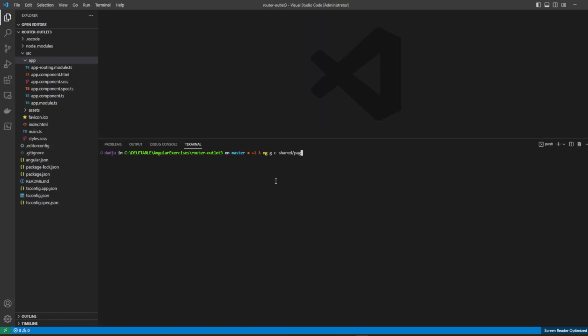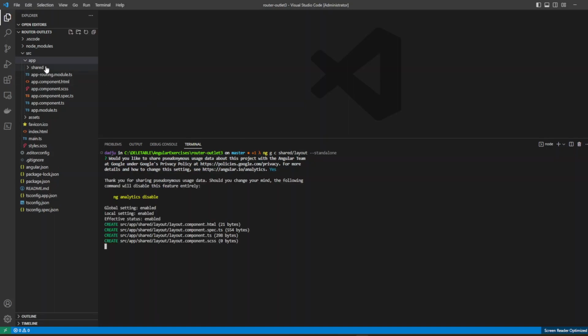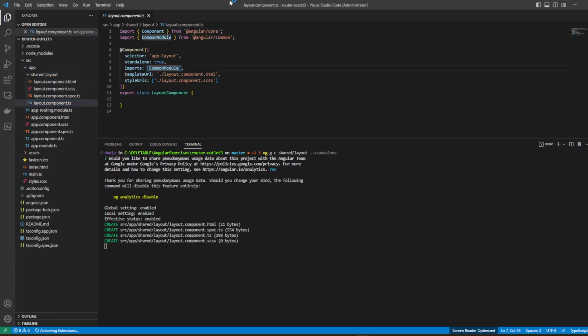Was it shared or maybe layout? Shared layout, and then call this standalone. Generate component shared slash layout standalone. So it's gonna create a standalone component for our application. It'll be the layout. And then we're gonna import